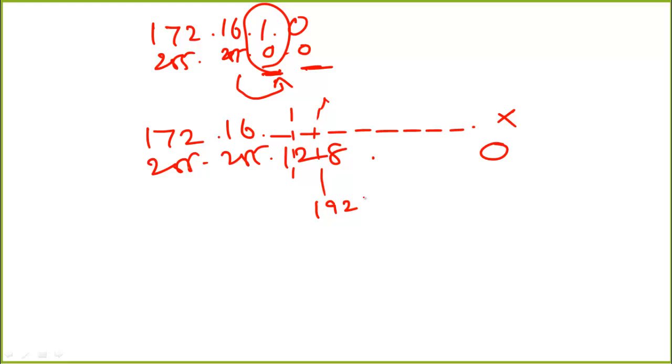In this case, in class B, what is the total number of host addresses? It is 65,536 IP addresses, right? What will happen if you borrow one bit? It will become 2 to the power 15, which is some 32,000, 31,000 something. Next, if you borrow 3 bits, again it will become 15,000, then 7,000. Likewise, the number of hosts per network will shrink. But on the other side, you will get more networks and fewer devices that can be connected within each and every network. So that is the concept of subnetting.